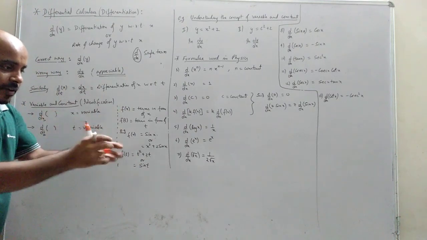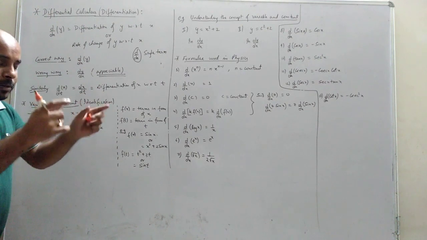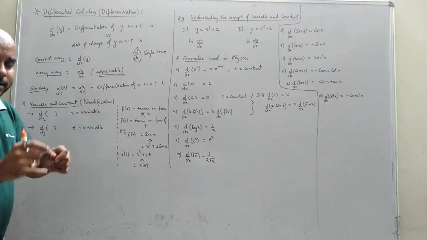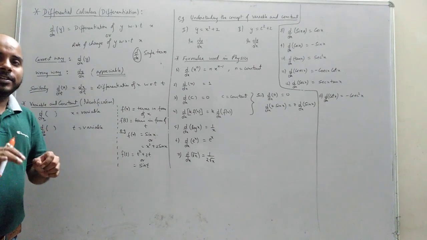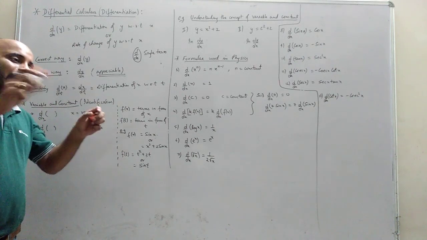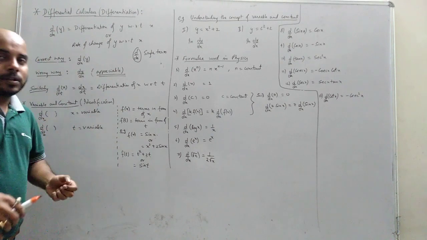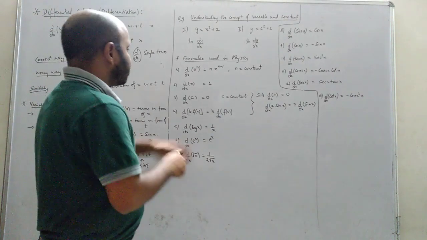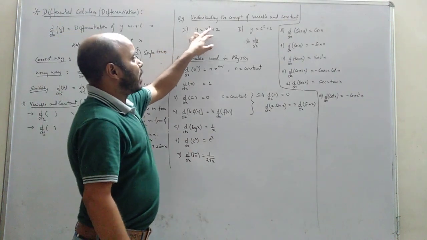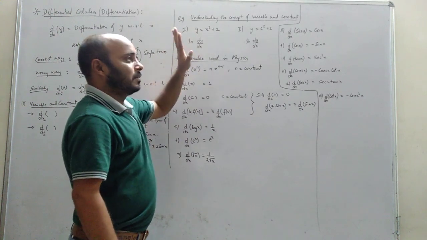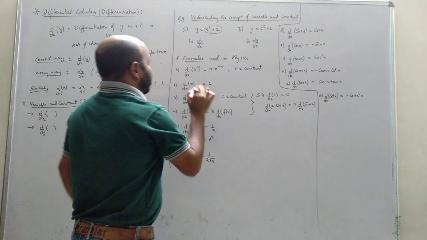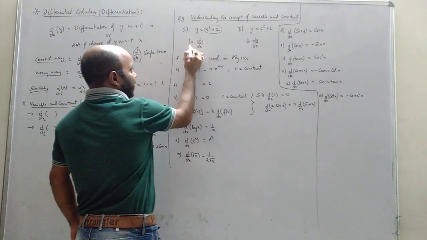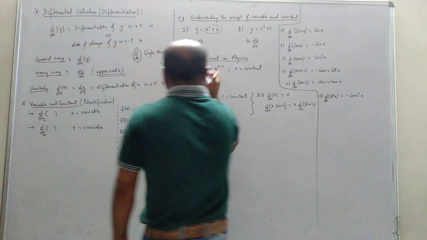So when we write f of x, I mean to say something is written in terms of x. But if you write only x, that means it is only x, there is nothing special inside. But if you write f of x, it can be x plus 2, x square plus 2, like this. Now see here. We have y equals x square plus 2. Can I say y is f of x? Can we consider this as f of x? Yes, we can, right?